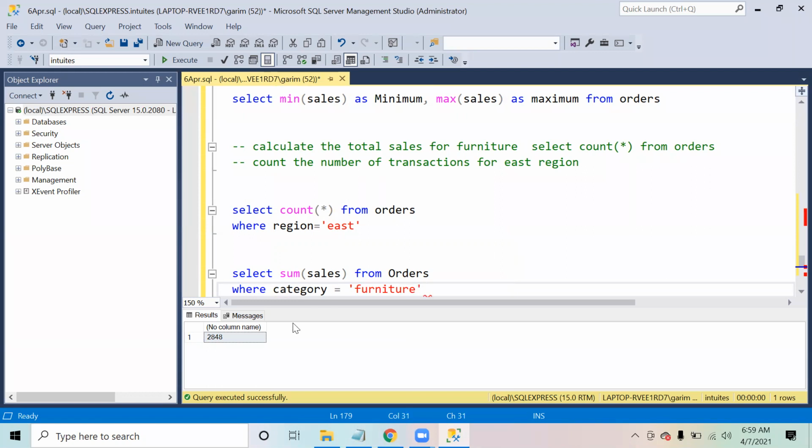Right, so just following the sequence: first my data gets filtered for category furniture, and then the sales are added. Same way over here, the data is filtered for region East and the number of transactions are counted.